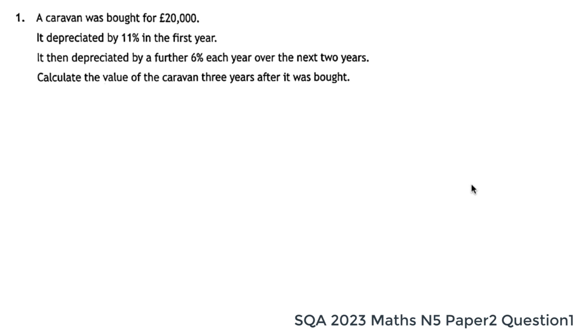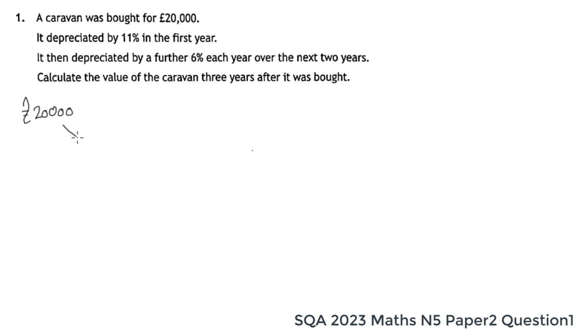So here's question 1. We're told that a caravan was bought for £20,000 and it depreciated. That means it's lost value. 11% of that value has been lost in the first year, and then it continues to lose value 6% for each of the next 2 years, and we have to calculate the value of the caravan 3 years after it was bought. So we've got £20,000 initially,